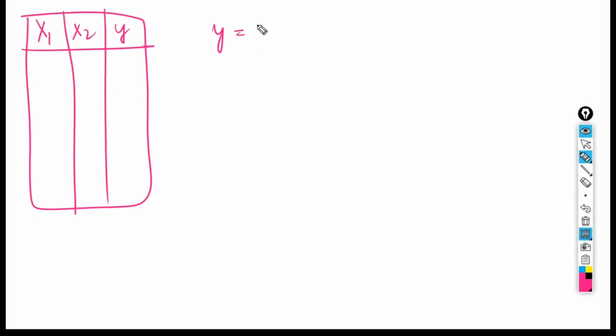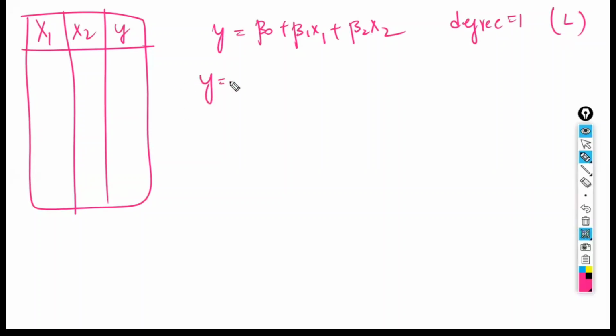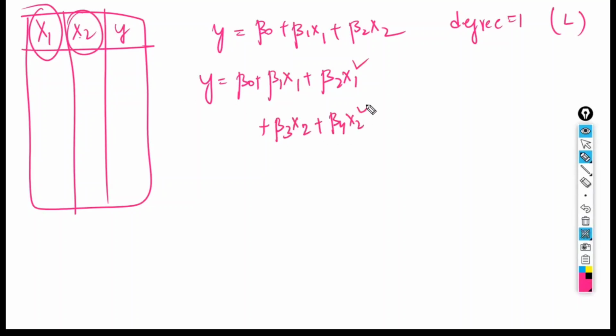So, now this is beta naught plus beta 1 x1 plus beta 2 x2. This is of degree 1. Degree 1 is called linear. Now, what we are going to do is degree 2, that is beta naught plus, first I will complete for x1, beta 1 x1 plus beta 2 x1 square, completed. Now, I will go with the second one. Intercept will be 1 only, right? No need to add one more intercept. So, directly I will come to the second variable, that is beta 3 x2 plus beta 4 x2 square. This is with degree 2,